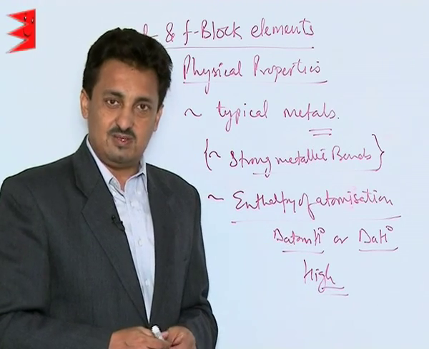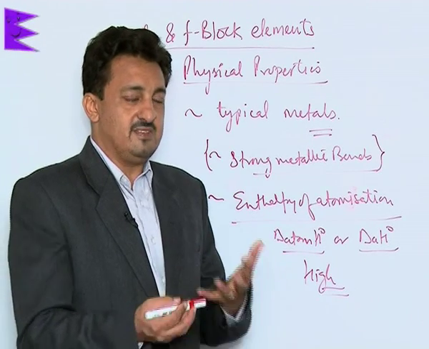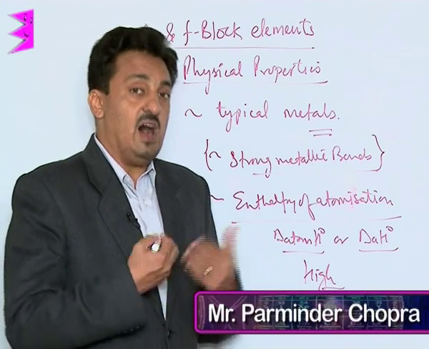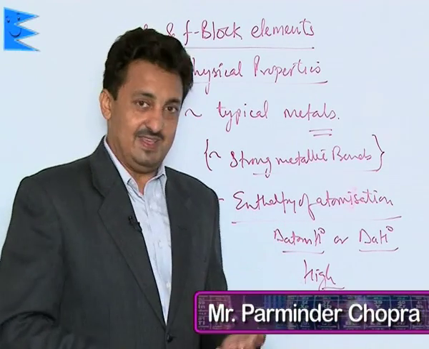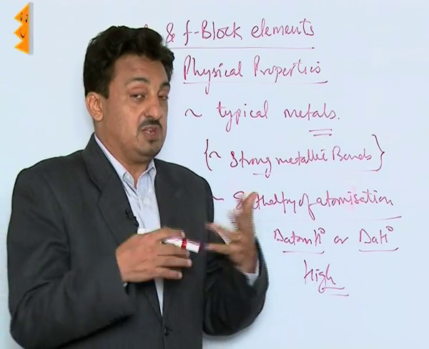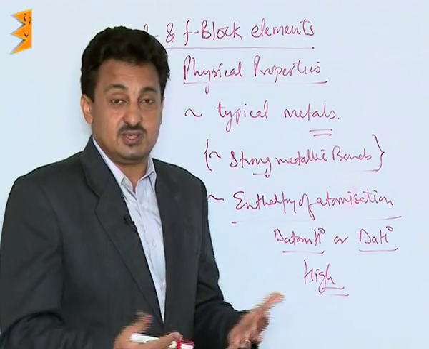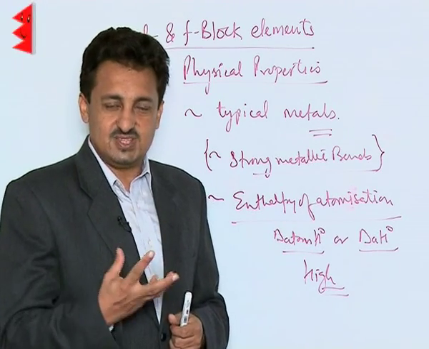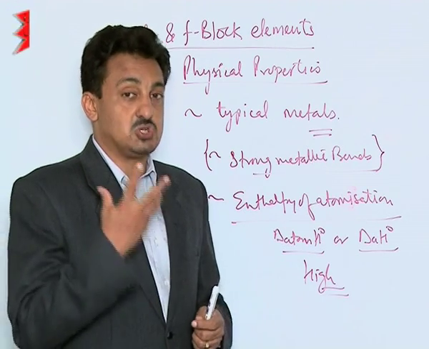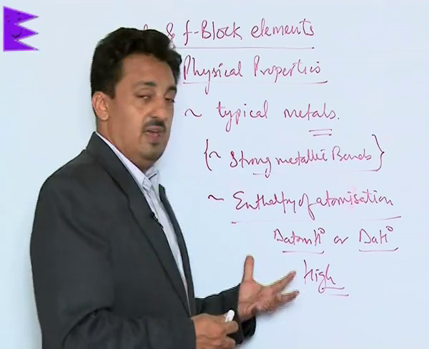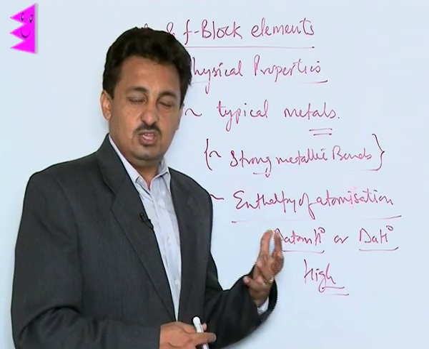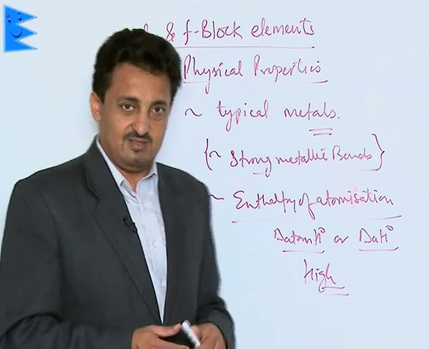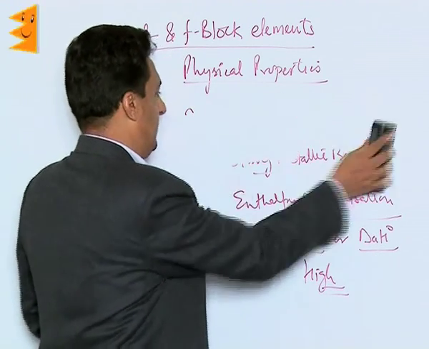very typical metals. Another important thing to note about these transition elements is that the 4d and 5d series elements have higher values of enthalpies of atomization than 3d. So that means they are much more typical metals than the 3d series elements. The reason is their smaller atomic sizes, higher nuclear charges, higher charge density. As a result, they have much stronger metallic bonds. That's why they are actually more typical metals than the usual 3d ones. But in common language, we can say that they all are very good typical metals in that way. Let us see the next property,